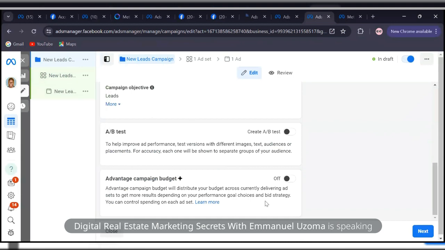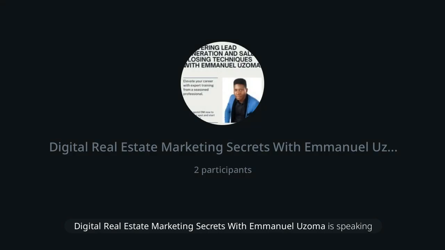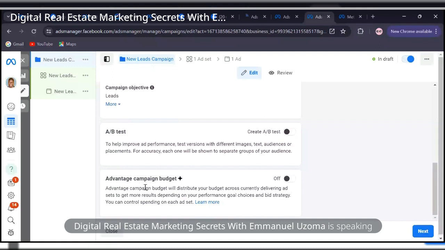But if you turn on this advantage campaign budget, it allows you to budget from the campaign level, so that you can duplicate the ad set and target different interests. You will then be able to find out which of those interests is getting you more results. When you use advantage campaign budget, it says it will distribute your budget